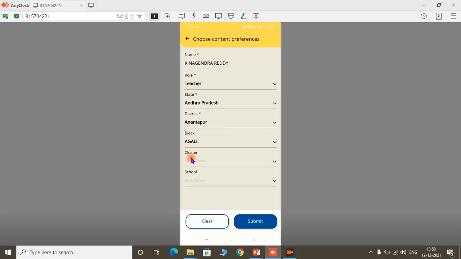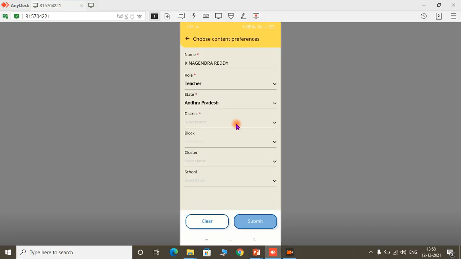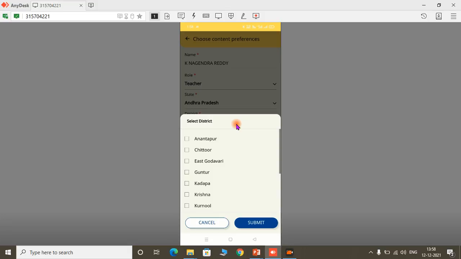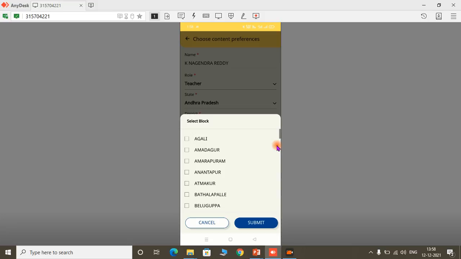And after finishing this option, then you have to see that you belong to which state, and if you belong to state of Andhra Pradesh, you click on Andhra Pradesh and submit, and then follows district option. So here I am choosing Anantapuram as I belong to Anantapur. Click on submit, and next option is block, which means mandal. So here you need to select your mandal where you are working. So for as an example, I am selecting that I belong to Settur mandal and click on submit.